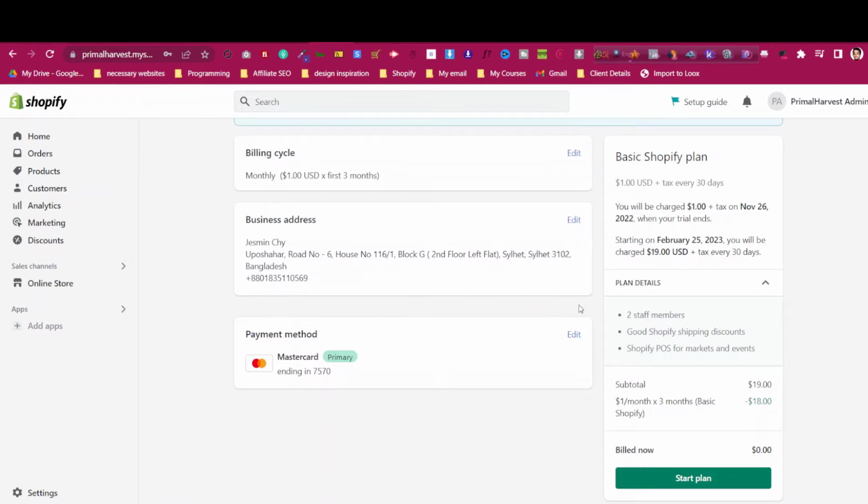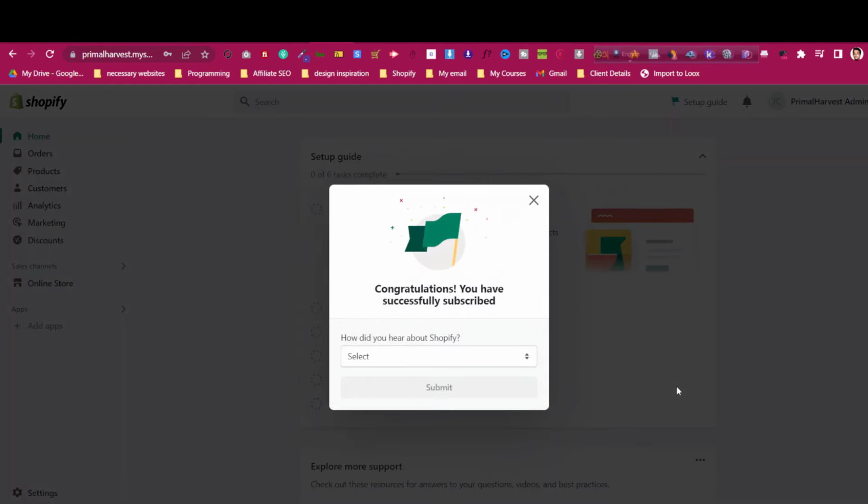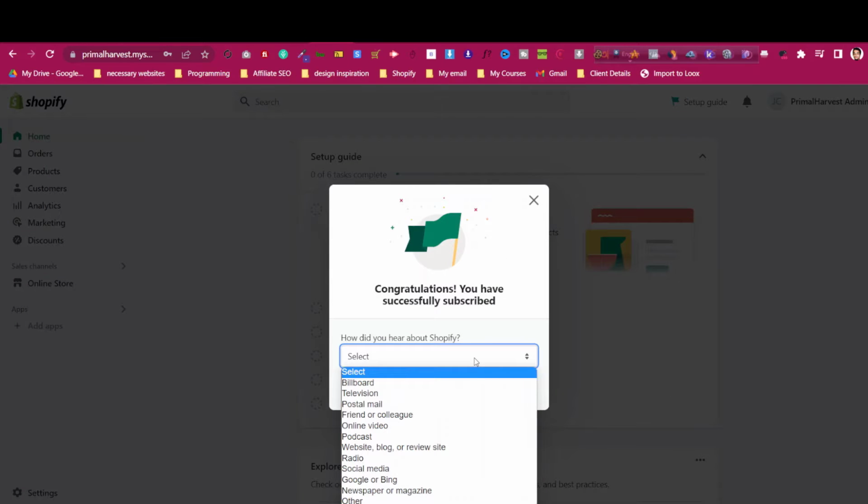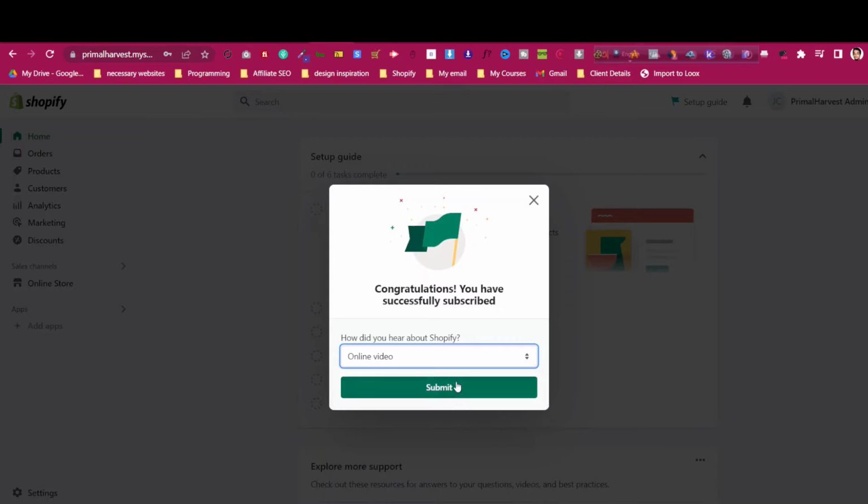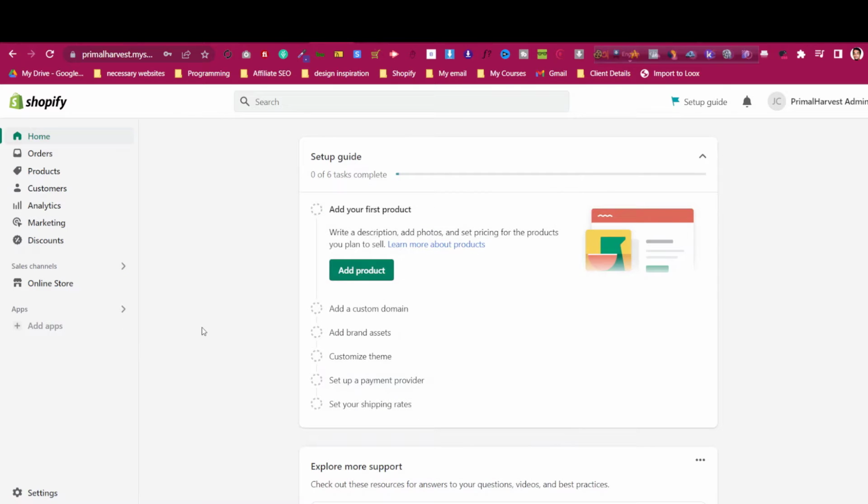So after adding your payment information, you will find this start plan button. Okay, so click on start plan, and this will start our plan for the next 3 months for $1 per month. Okay, how did you hear about? You can choose anything. So click on submit, and now we are good to go to start building our Shopify